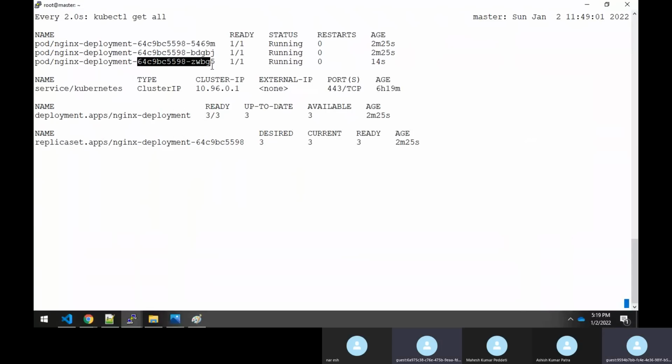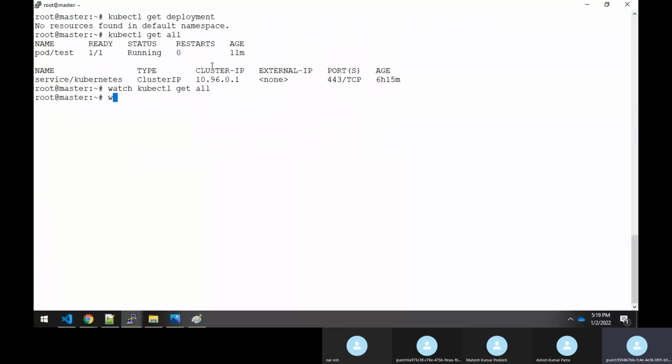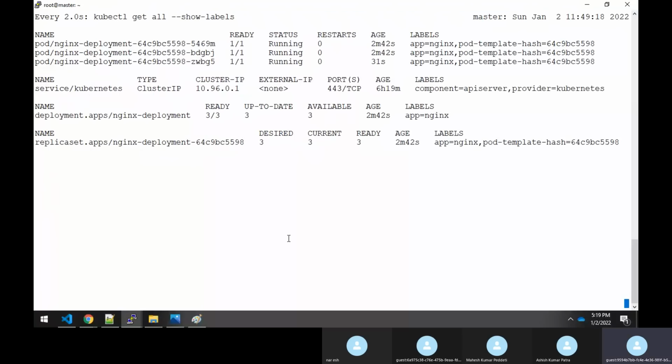Now here also the same thing. You can do a watch on this, kubectl get all --show-labels.